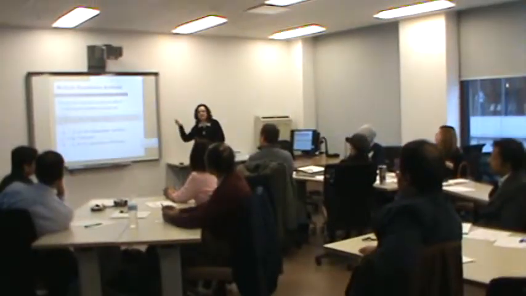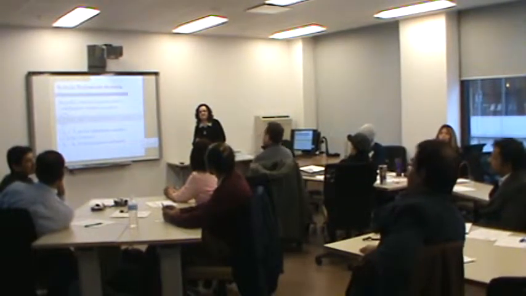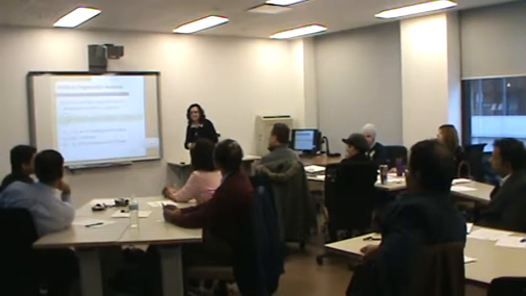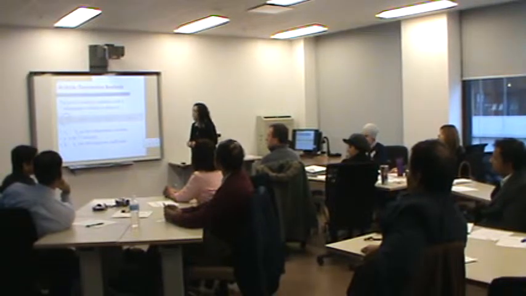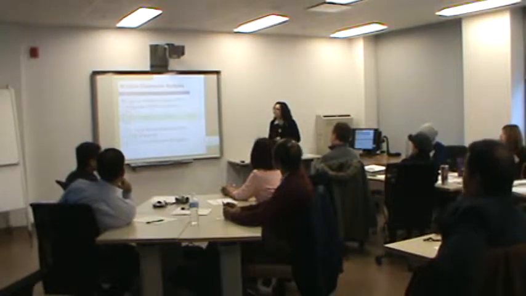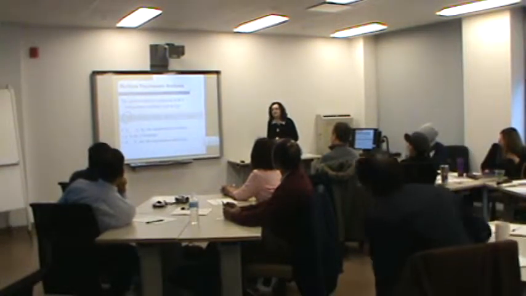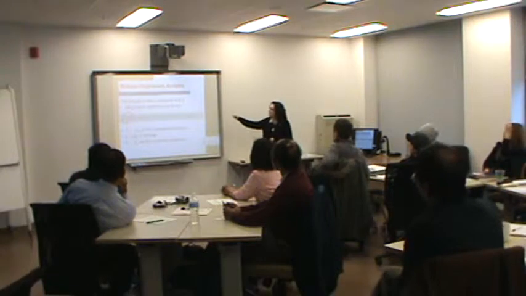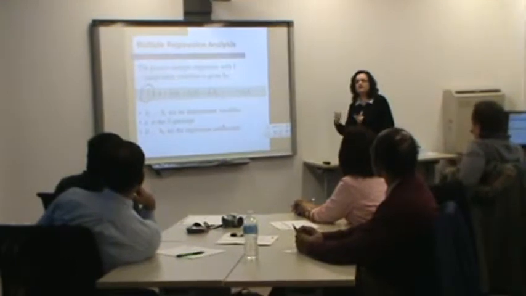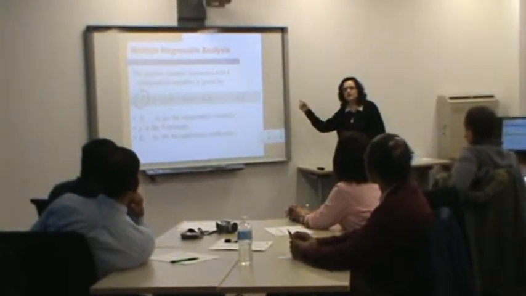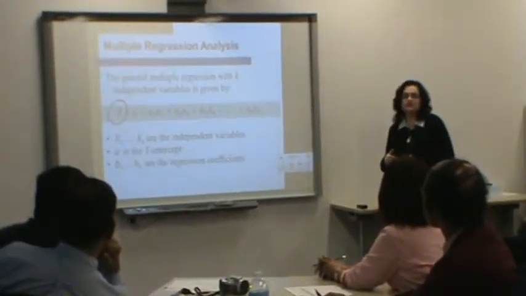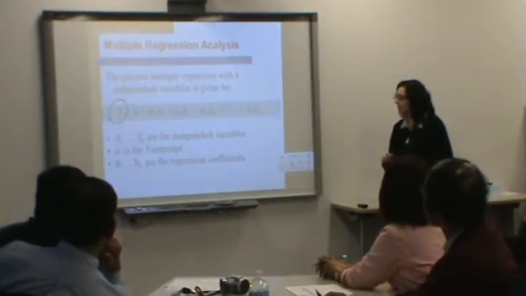Correct. And why is there a hat on the top? Yes, very good. Yes, Mary, go ahead and tell us. Yeah, it is a predicted value of that variable. Yes, that's true. See, when we talk of a regression equation, we are trying to predict y based on these independent variables, which are x1, x2 up to xk. So when we are trying to predict, we do not call it y, we call it y hat, because it is a predicted value. Maybe it is very close to the actual value, but we can never be sure, so we call it y hat.